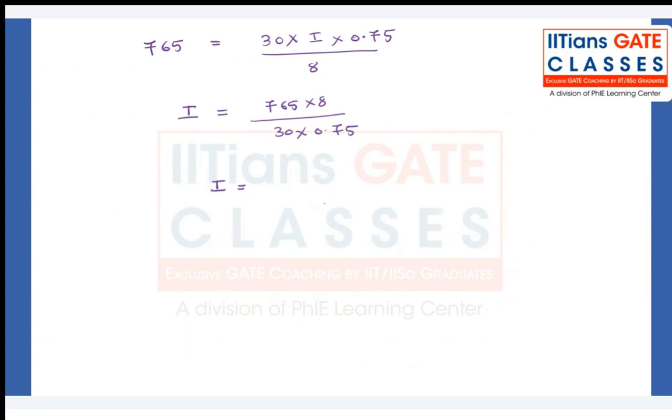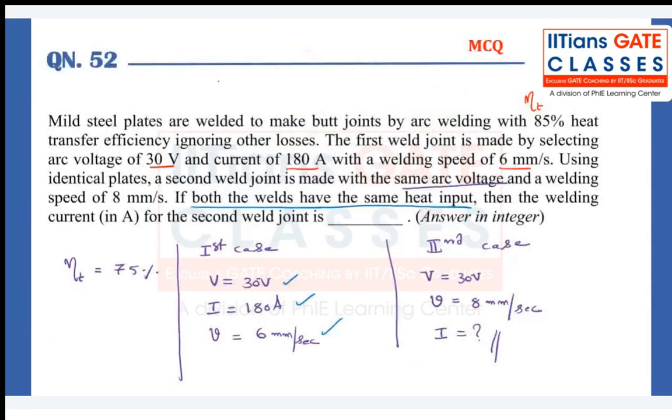If I multiply, I'll get 6120 divided by 0.75 and 30, which is 22.5. So if I solve this, I'm going to get I is 240 amperes. Now here your answer is